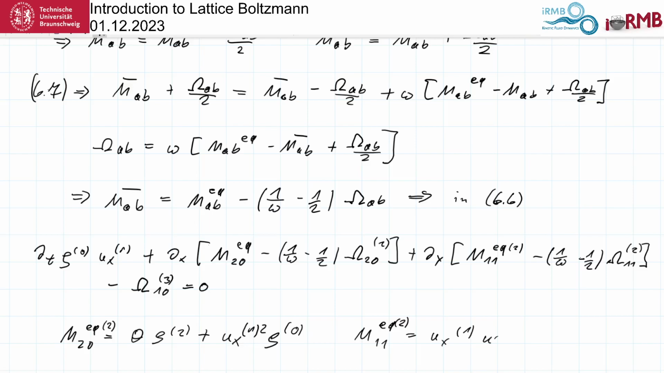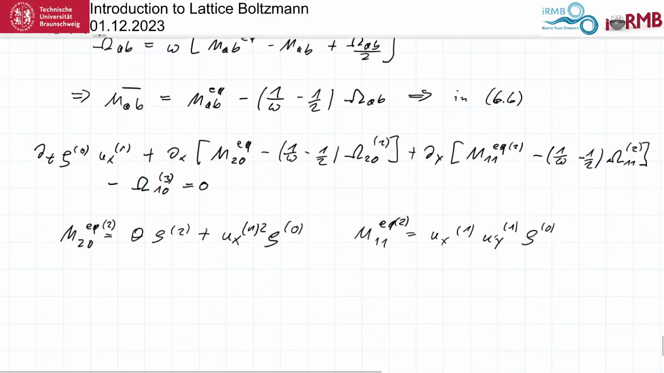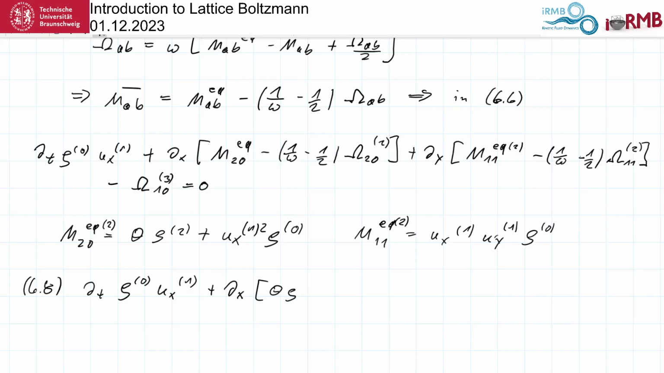Where we have ux, uy's first order, so together they are again second order. And this gives us equation 6.8: dt rho 0 ux first order plus dx rho theta second order plus ux first order square rho 0 order plus dy ux first order